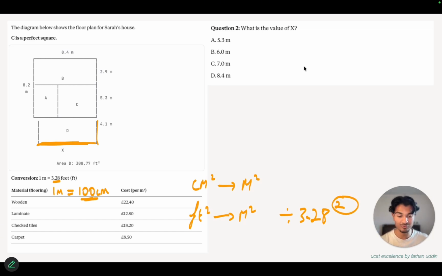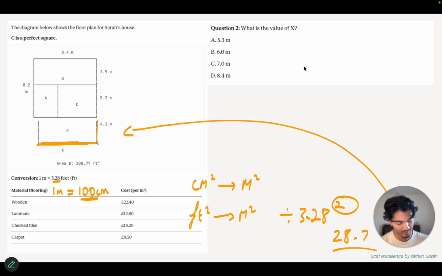And then so if we do that, we end up getting the number, let's put this into the calculator, 308.77 divided by 3.28 divided by 3.28 gives us 28.7. So now if we divide it by the 4.1, because remember what we're doing now is we've got the area, 28.7 meters squared divided by 4.1 to give us the length that we wanted earlier, we get the